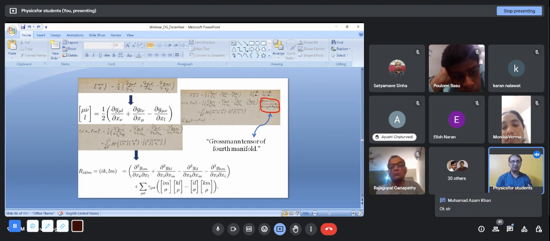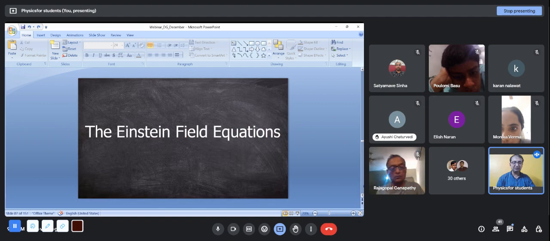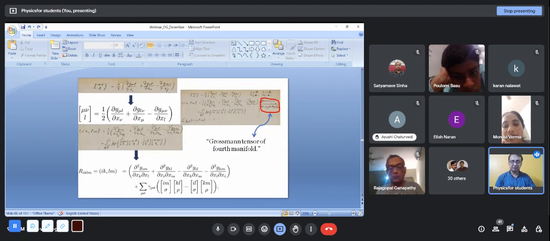This is actually taken from an archive. This is the original handwriting of Marcel Grossman, and it shows that he actually used this tensor. And then you can see that, I'm so sorry, yeah, so this I have written. So it was actually Marcel Grossman who introduced the concept of tensors. He educated him. There's a book which is called